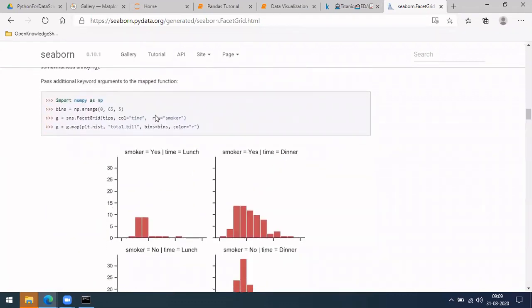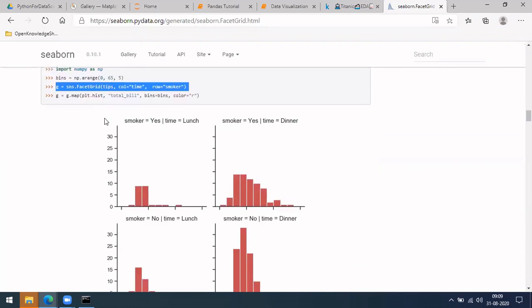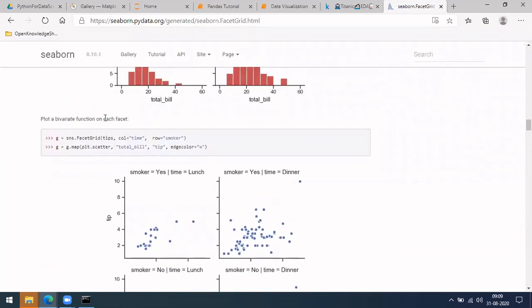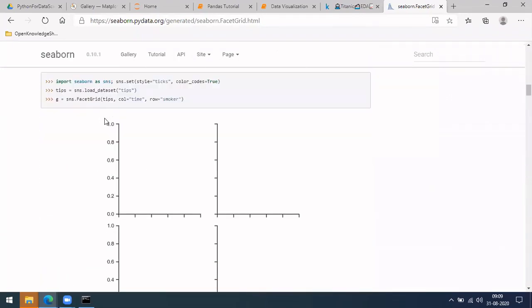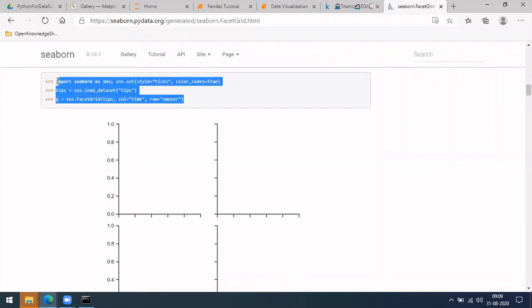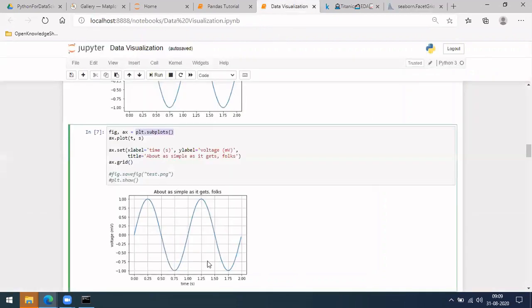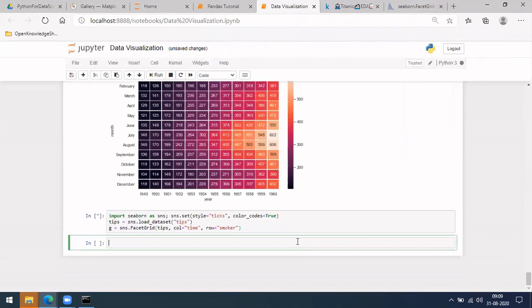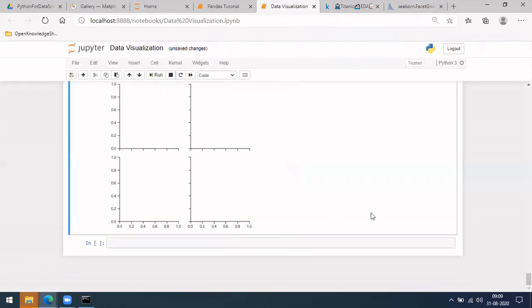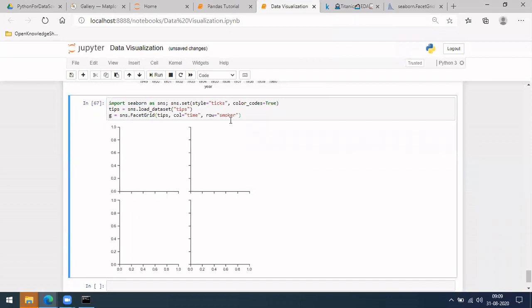Let me run it. Okay, you can't run it. You need this dataset again, because I need to get the dataset to run it here. You have to download the tips dataset and then run it. Or else let me do it here. This has given an empty grid. Just doing FacetGrid alone will give a number of rows and columns according to how many values there are.